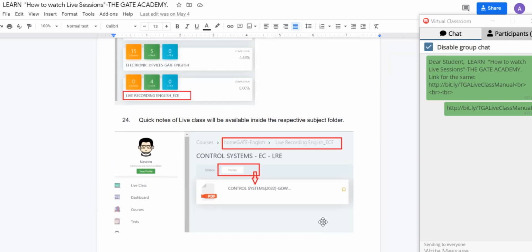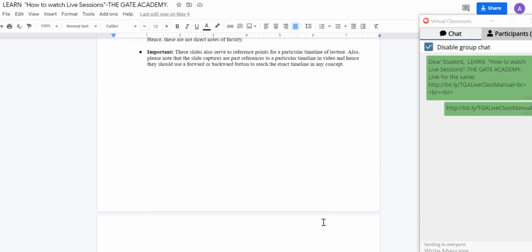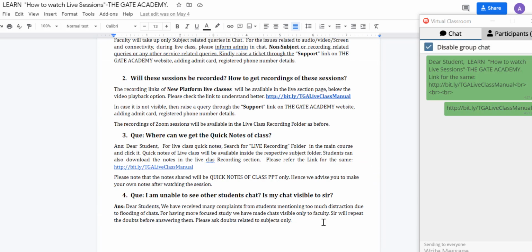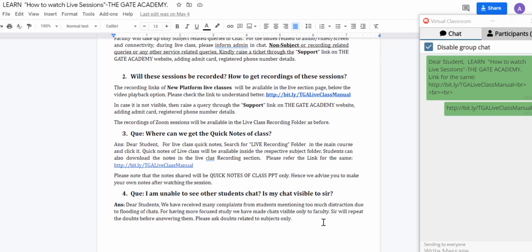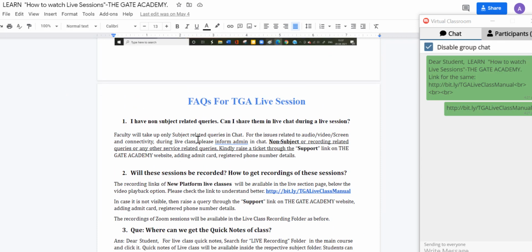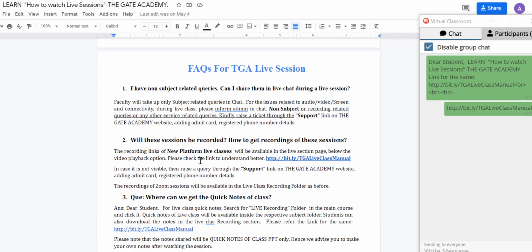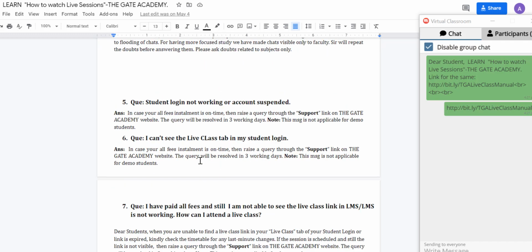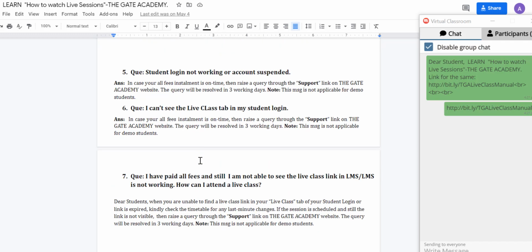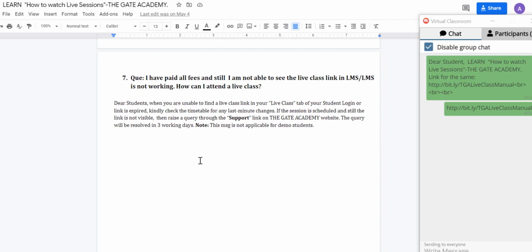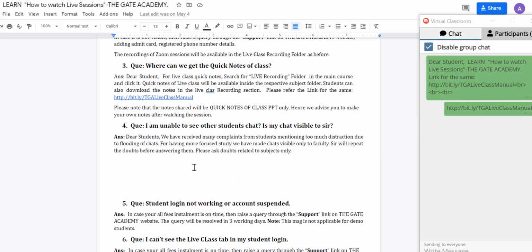Apart from this, the students can also get information on some of the common queries under the FAQ section. There is a FAQ section in the same document where the students can look into the queries. If they feel that this sheet is not answering their queries, they have to send a mail to the support team, and that is the proper channel to reach the right people.